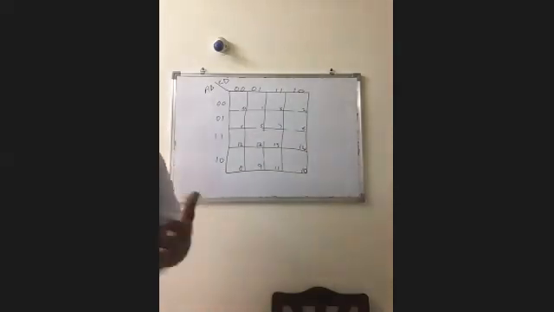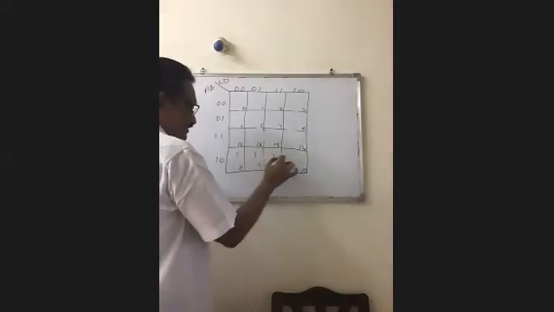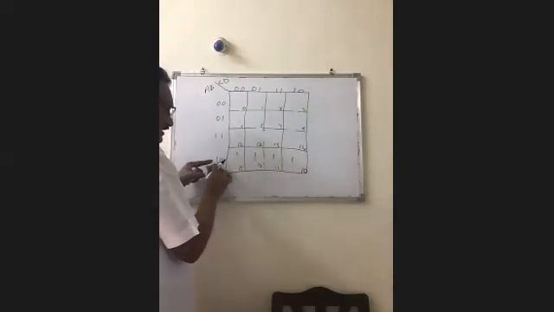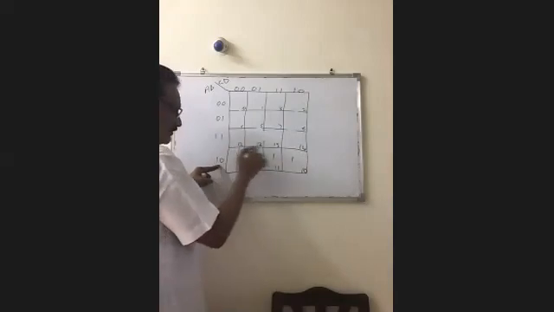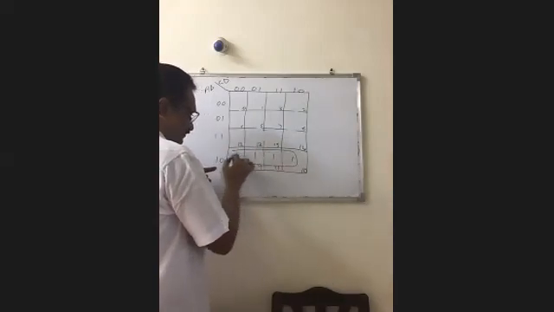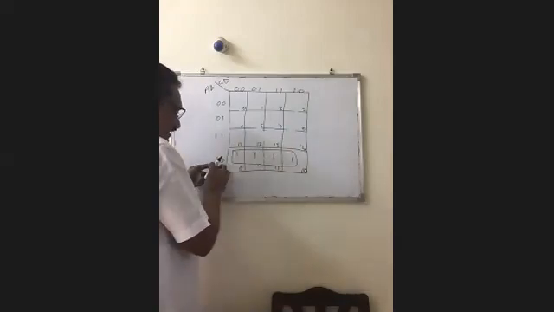A group of 4 ones is called a quad. So these 4 ones form a quad. So write for this one as A, B bar. And for this one, write it as A, B bar.